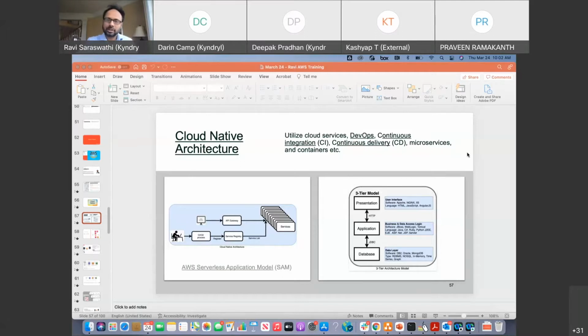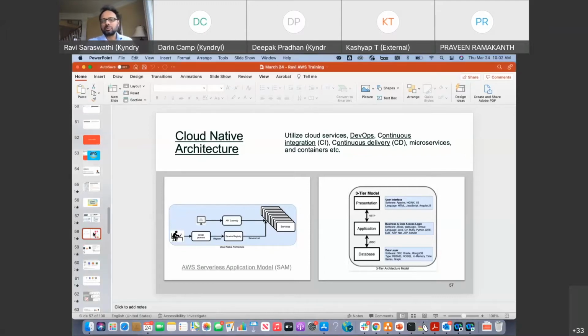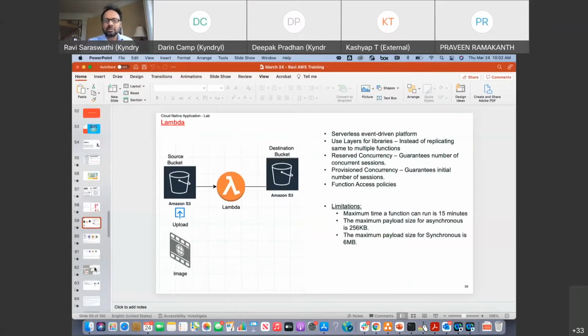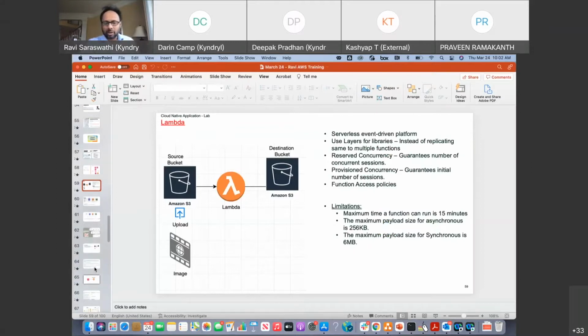We talked about that. Also, we talked about how we put a cloud native application in AWS, right? Serverless. We talked about the difference between a three-tier application and a cloud native application. We talked extensively about how we utilize Lambda, how it gets triggered, and how we program Lambda by using